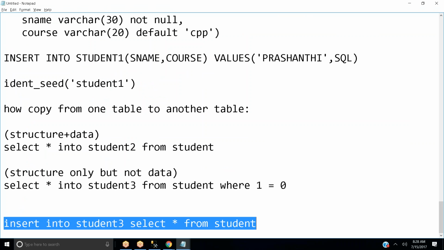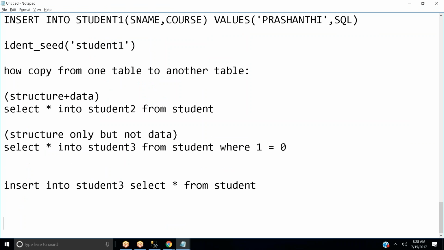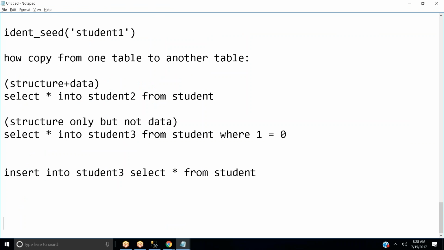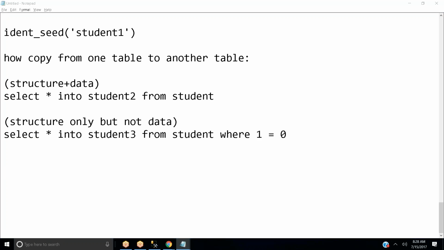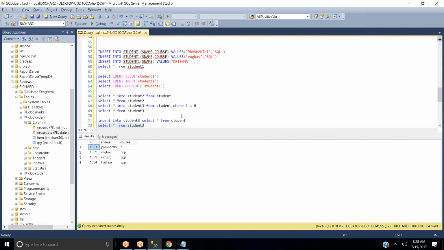So we wrote the syntax like insert into student 3 select star from student. Can't we write select star from student and then insert into student 3, the way we normally write a query?